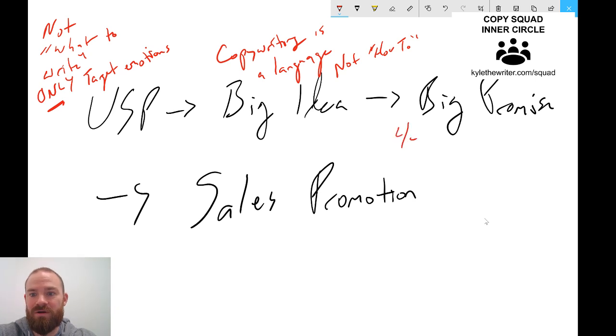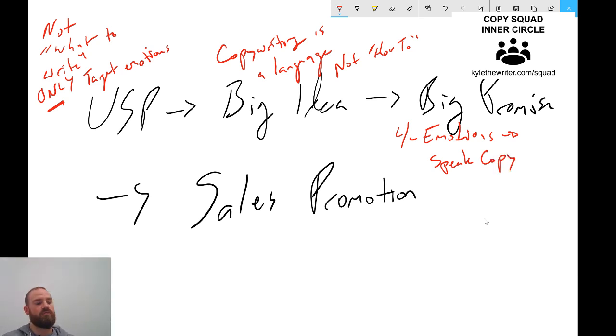So for 4 emotions equals speak copywriting, okay? So that's like my big promise. If you understood just these 4 emotions, very simple. If you understand just these 4 simple emotions, then you can speak the language of copywriting, right? You don't have to memorize formulas, templates, how-tos. You don't do any of that stuff. Just understand, just comprehend these 4 emotions, new, easy, safe, and big, and then you can just speak copy. The floodgates of money will just open up, and you'll be in paradise. It'll be like heaven's doors flew open for you, okay?